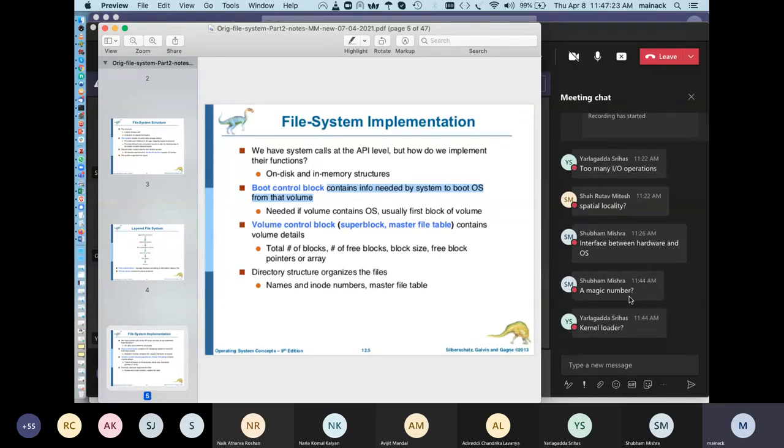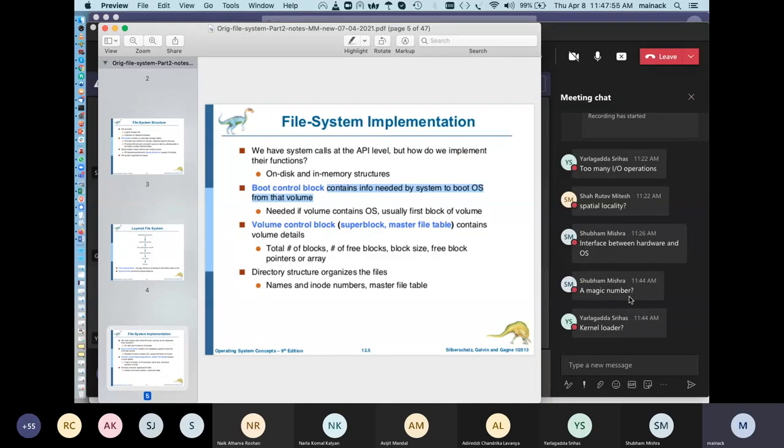Now, moving away from the boot control block, which is basic and most of you have seen it, even though you might not have realized it. If you have a dual boot system, you definitely have played around with booting instructions. Aside from the boot control block, there is also a volume control block. The volume control block is again per partition. It contains volume or partition details, such as the number of blocks in that partition, basically how big the partition is,